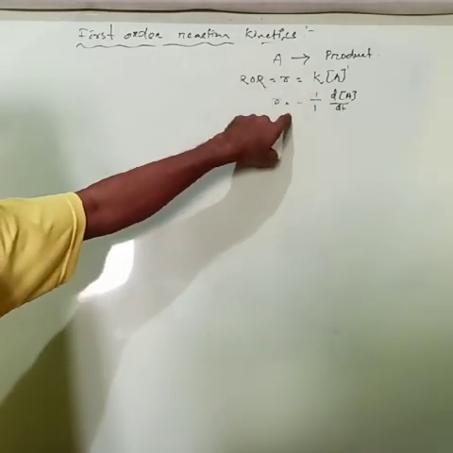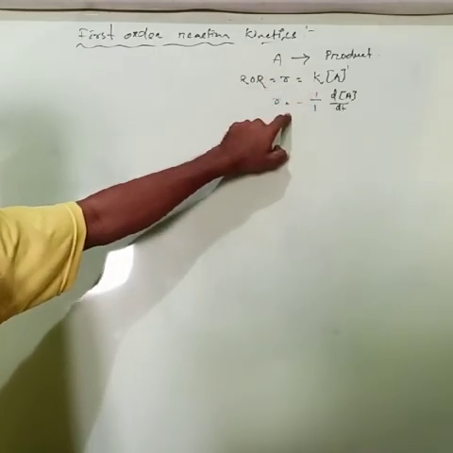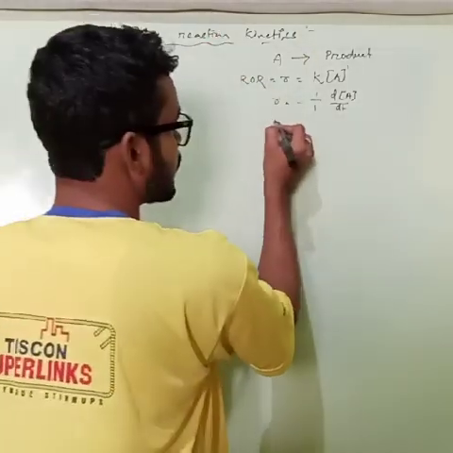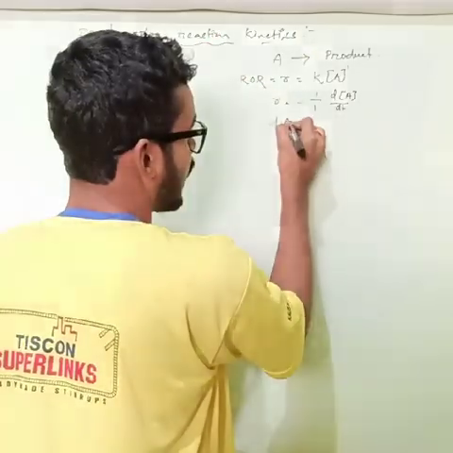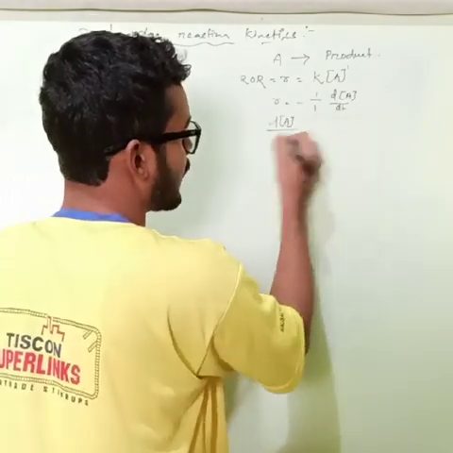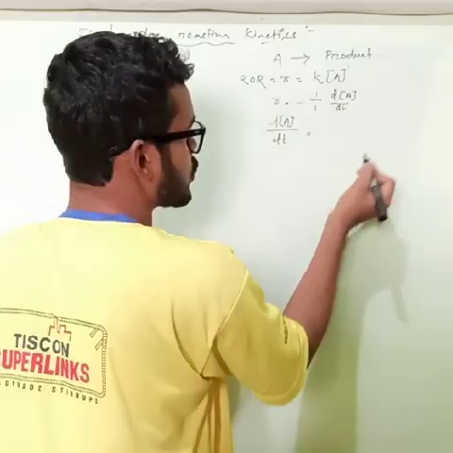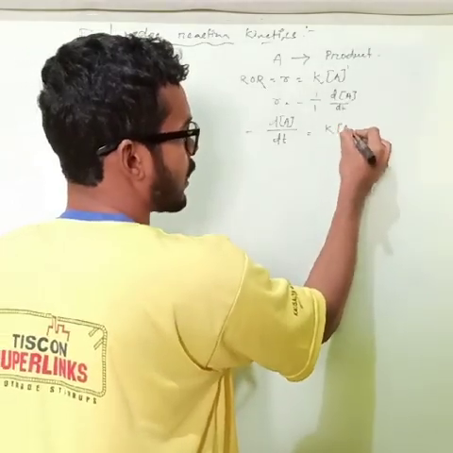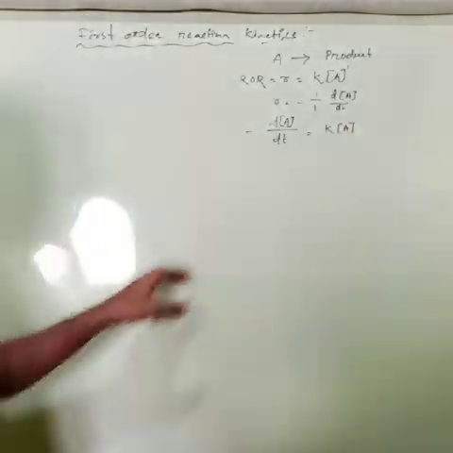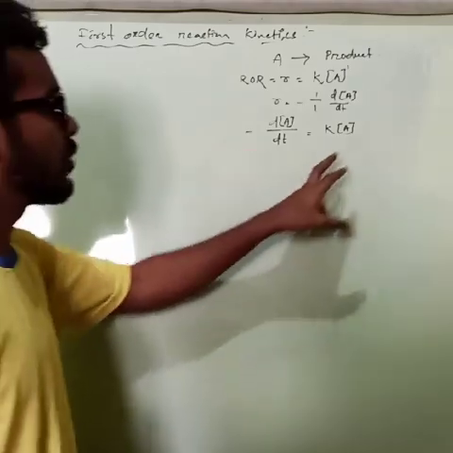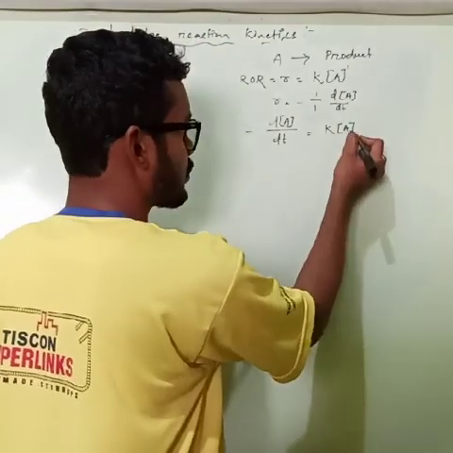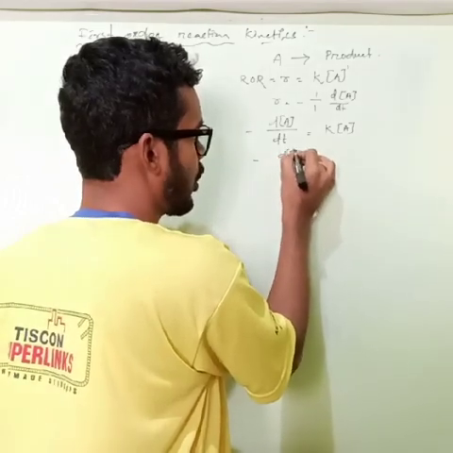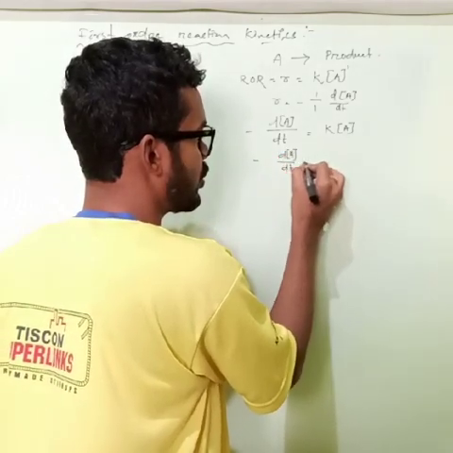So from these two, minus dA by dt equals K into concentration of A. Clear this much? So if you take the concentration terms to one side,